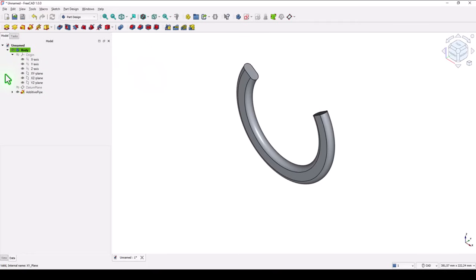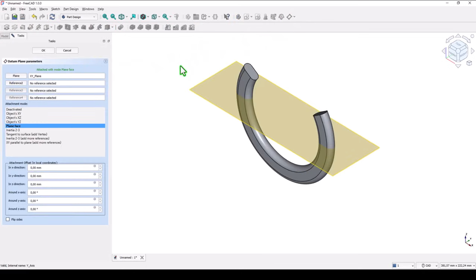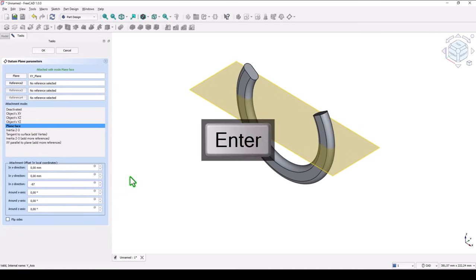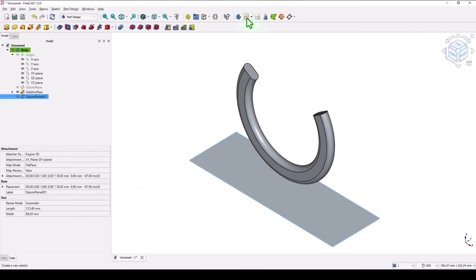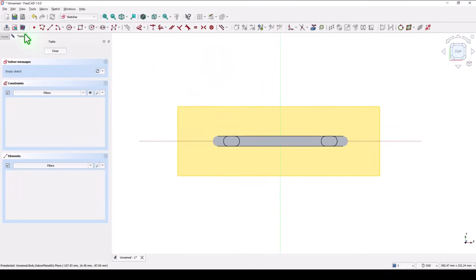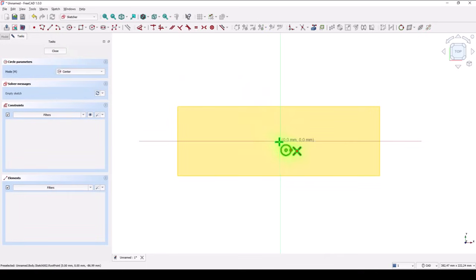We select the XY plane, datum plane on that face, then Z direction of minus 87. This is the support of a new sketch. We hide everything above this plane. We draw a circle with a diameter of 32, close